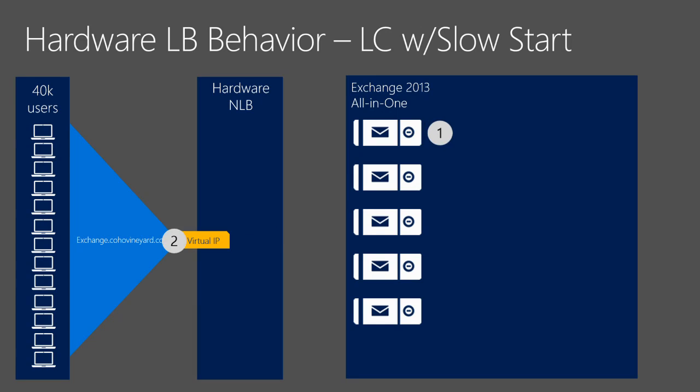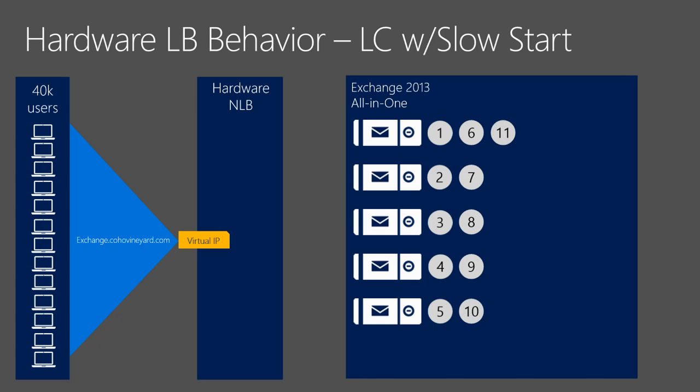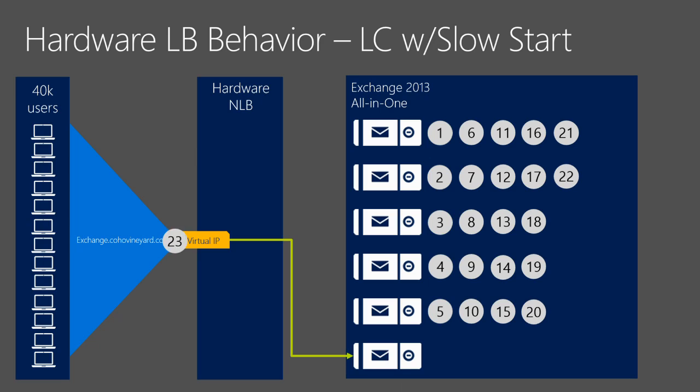So how do we fix that problem? Least connections with a slow start component allows those connections to arrive at a server in a more distributed fashion. It looks a lot like round robin initially until all the connections come in and we end up with a fully load balanced scenario like the following. And then when a new connection comes in,